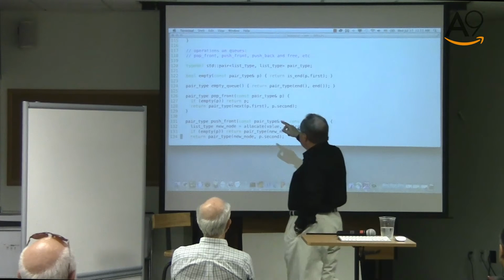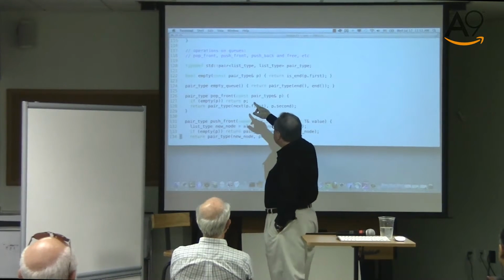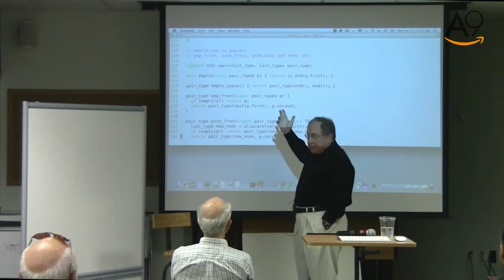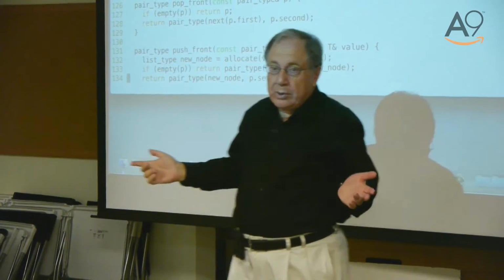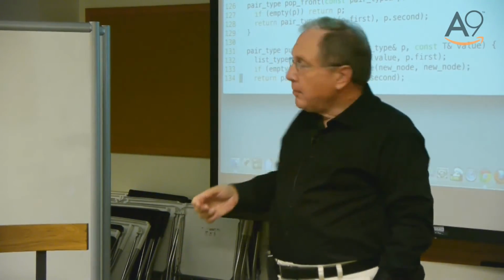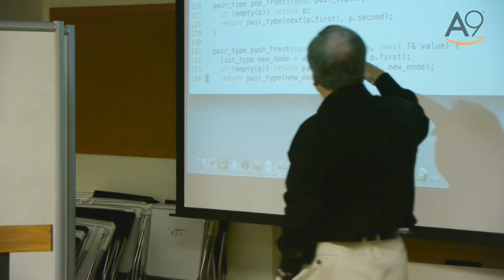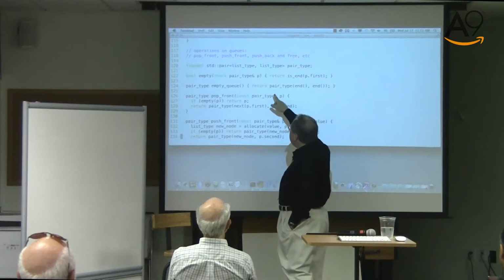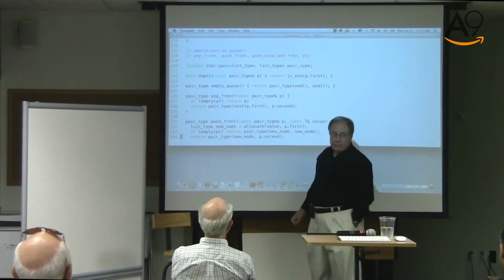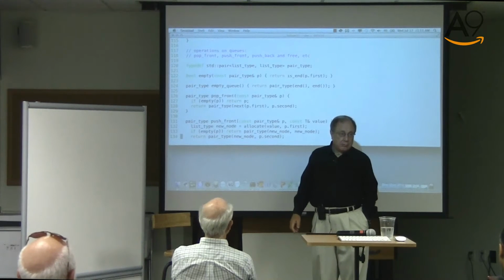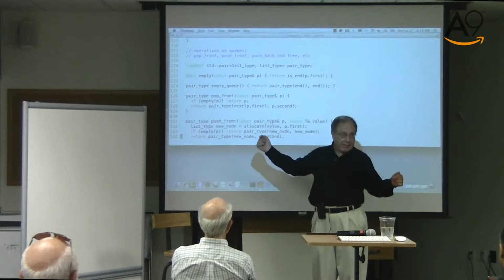Now, pair type is empty if its first is end. If we have nil there, it's not really a queue, it's an empty queue. All right? Then we could create an empty queue by doing pair type of end. We used it, by the way, in the